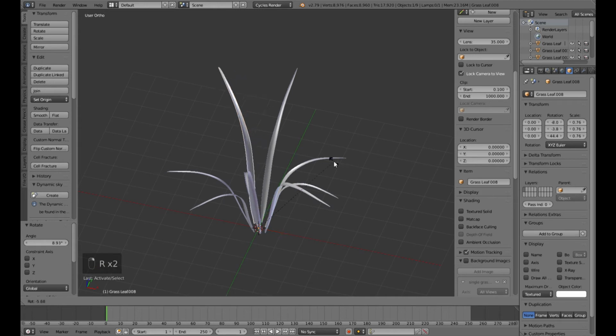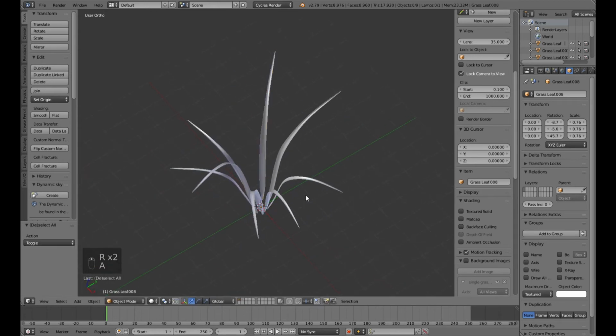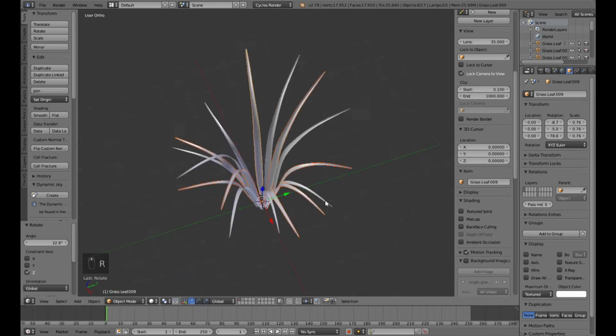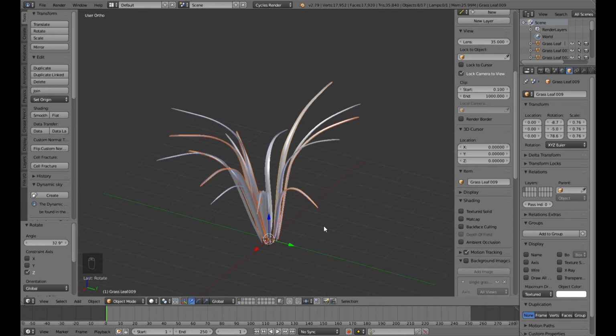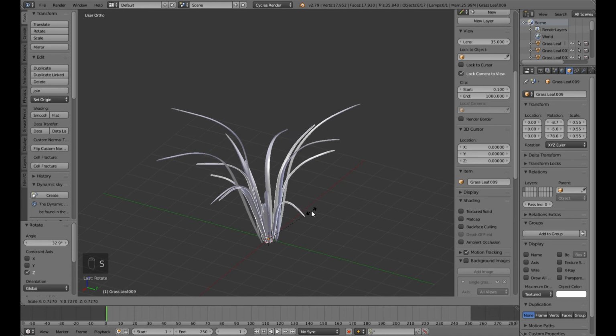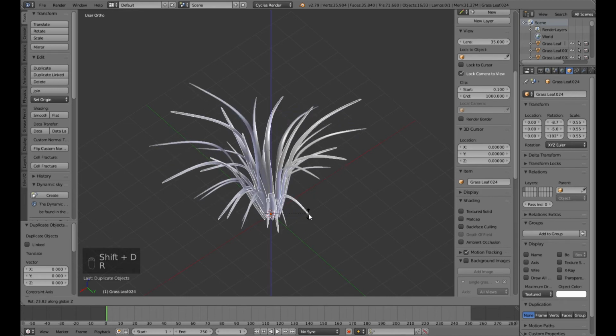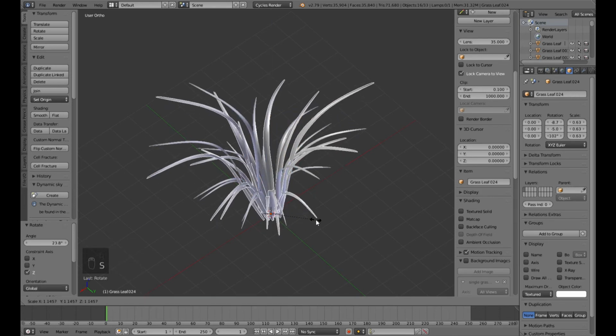This thing is totally depending on your eyes. When you are satisfied with your creation of the grasses, you can leave. I'm not yet satisfied, so I'll be doing some more of the variations here, and again selecting each and everything, duplicating them, rotate along the z-axis, maybe scaling a little bit higher,